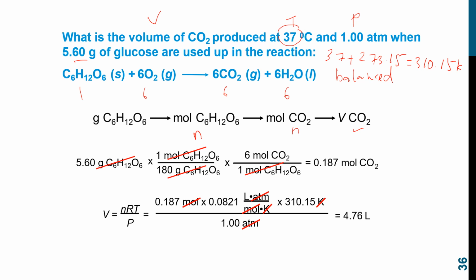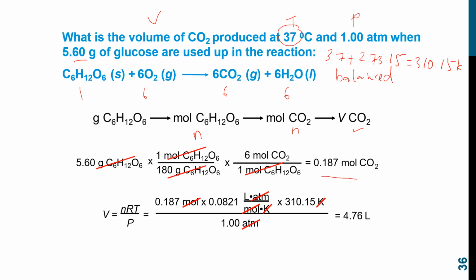Okay, so from mass of glucose, we can get the number of mole of glucose. So mass over molar mass, 5.60 over 180 gram of glucose. From number of mole of glucose, we can find the mole of carbon dioxide. So 1 mole of glucose produces 6 mole of carbon dioxide. That's why you dapat 6 mole of carbon dioxide over 1 mole of glucose. Dan bila you bahagi dan darab, you will get 0.187